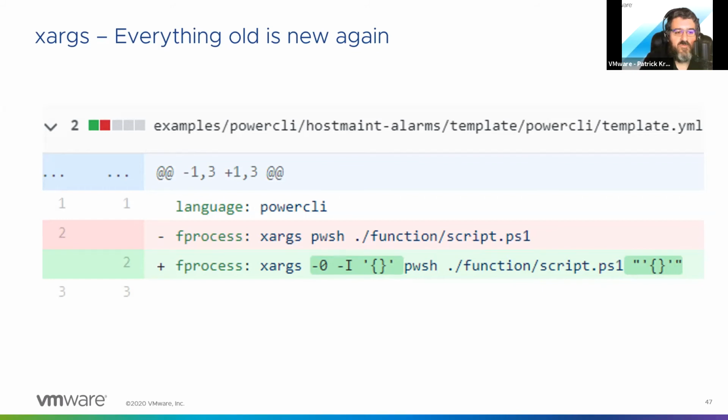And what are arguments in PowerShell? Well, they're a hyphen. So it was interpreting the hyphen as an argument and erroring out. How do you escape characters in PowerShell? If you need to pass something with a hyphen into a PowerShell script, you add it in double quotes. So how do you do that with xargs? Well, the few characters of code is what I added to fix the problem.